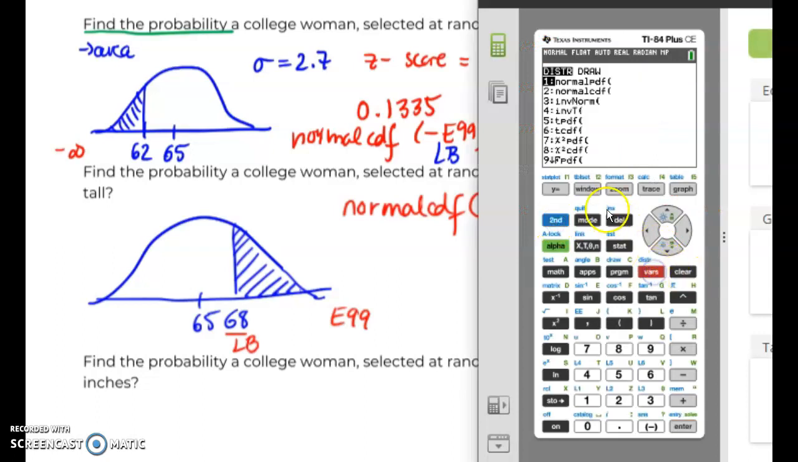Going to second VARS, normal CDF, entering 68 as the lower, E99 as the upper, which is just infinity, 65 and 2.7, just like before. We're going to hit paste and enter, and we end up with a probability of 0.1333,